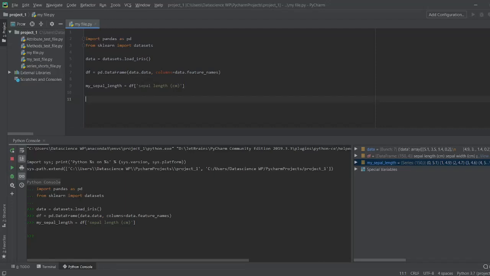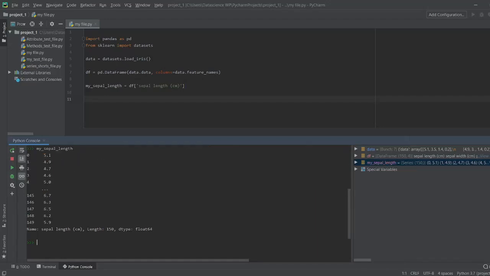Now, let's run the sepal length and get the output. Looking at this output, let us assume that we want all the information to be between 5 and 6. Here you can see that there are a couple of values at the beginning where the value is less than 5, like 4.9.